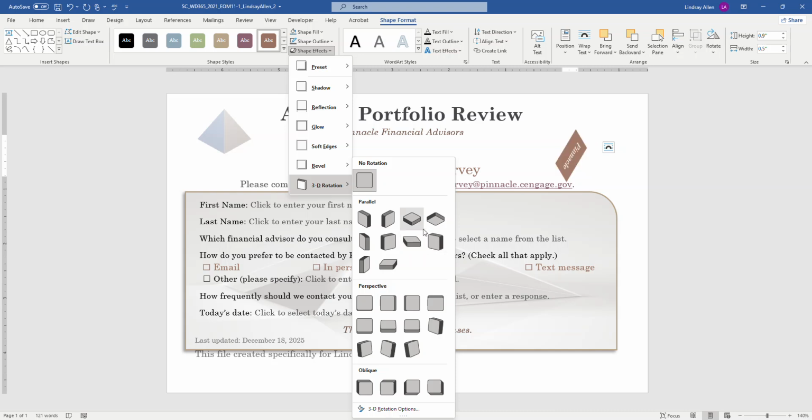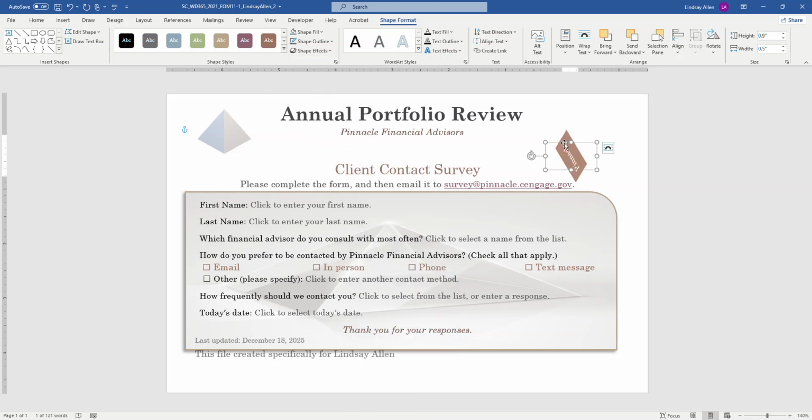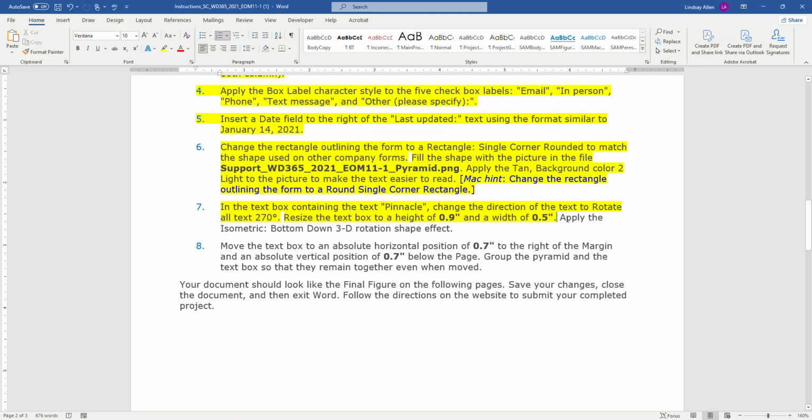Nope, that's not it. Isometric. There we go. It's the fourth one in the first row. Isometric bottom down, which is not what I pictured in my head, but that's okay. We're going to apply that. Now we've got Pinnacle hanging out here in a really strange direction. And that is where that